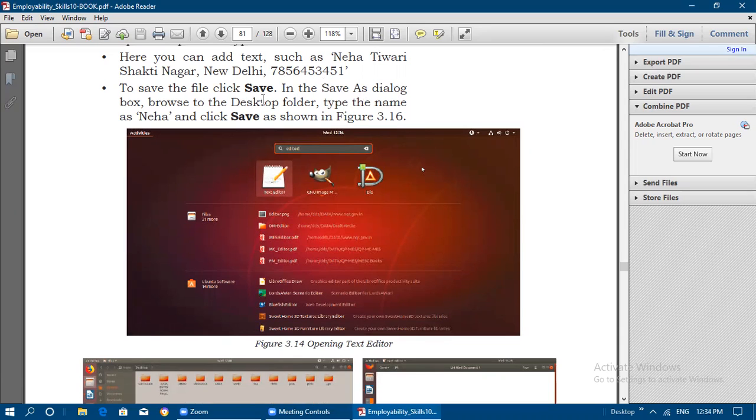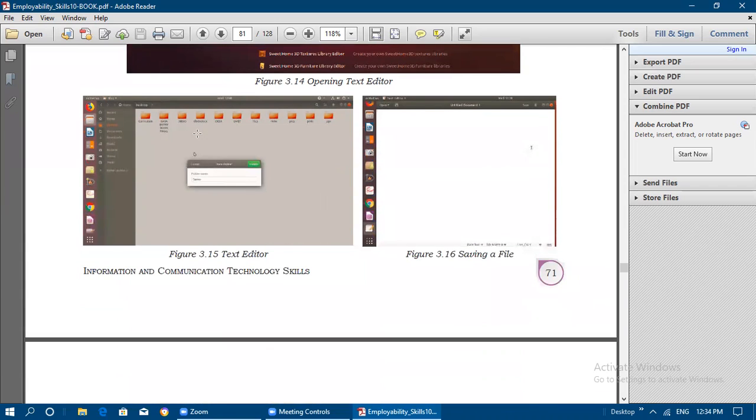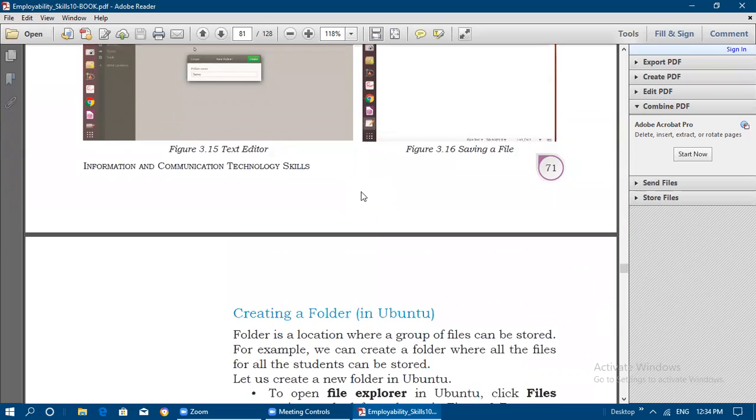In the Save As dialog box, browse to the desktop folder, to save the new file we have typed. Type the name as Neha and click save, as shown in figure 3.16. So the file is saved in the desktop folder.